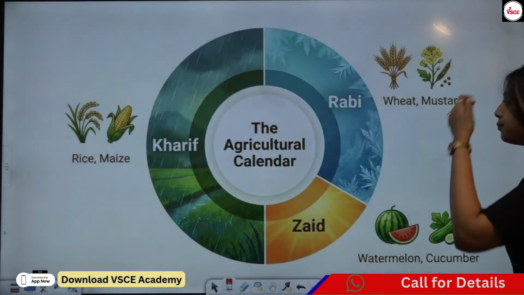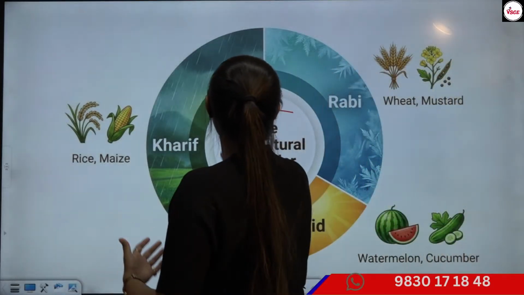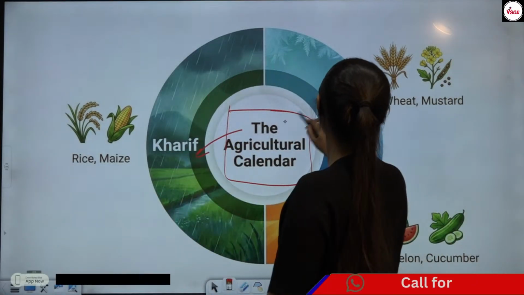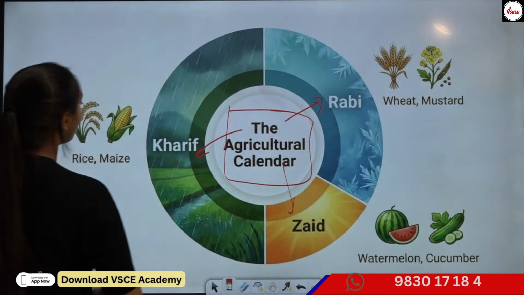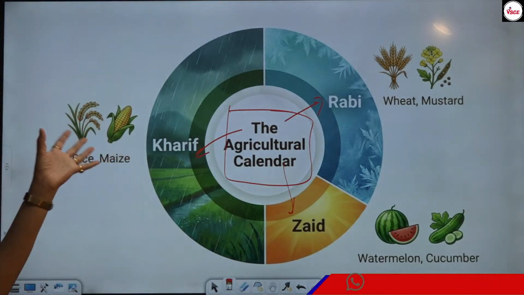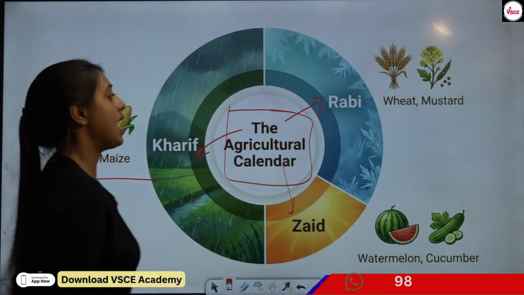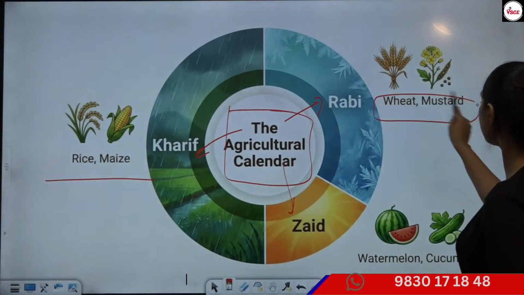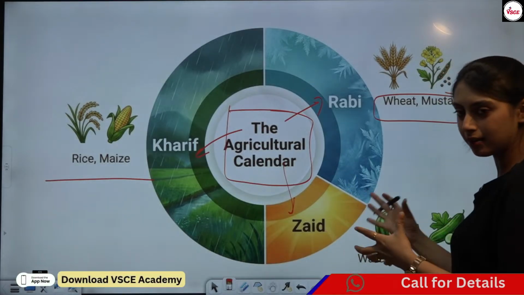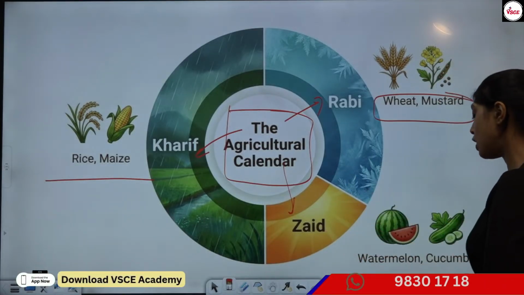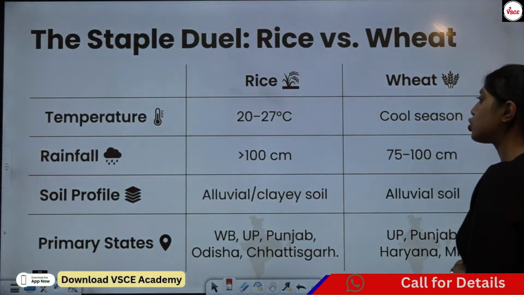Great. Proceeding. Now the agricultural calendar. We are going to wrap it fast. Don't worry. We have Kharif, Rabi, and Zaid. Kharif crop means from the beginning of the monsoon till winter season comes. So it's like rice and maize, and Rabi is wheat and mustard. It runs from winter to summer season, that is Rabi crops, right? Zaid is watermelon, cucumber. Okay, proceeding, let's see what we have.